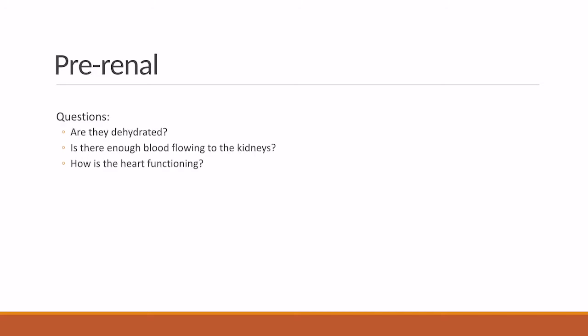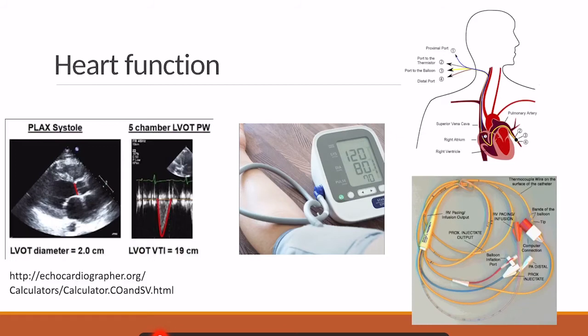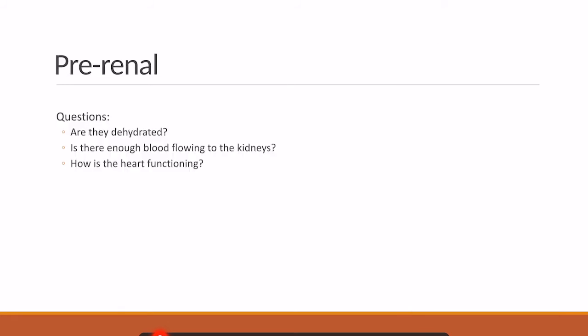If you remember, pre-renal failure means that there's not enough blood getting to the kidney itself. So one of the simplest things that we should think about is, are they dehydrated? Then we need to think about the blood itself. Is there enough blood flowing to the kidneys? Is the heart pumping enough? Is there a blockage in the blood vessels themselves? Is there inflammation of the blood vessels, reducing the caliber of the blood vessel and therefore reducing the blood flow? Is it that the blood vessels themselves are getting blocked up by blood clots